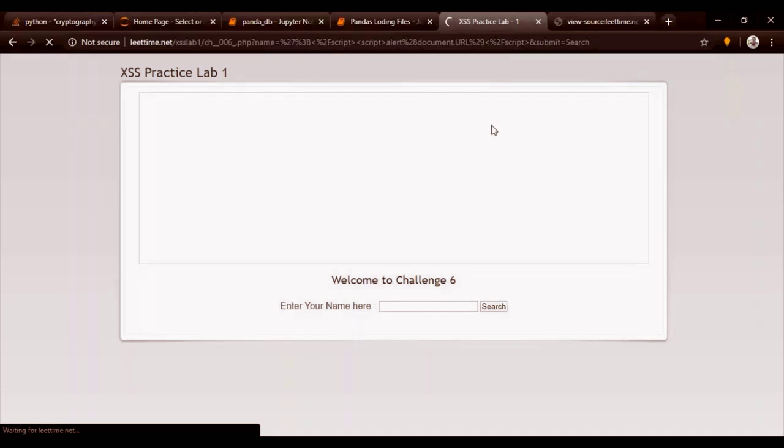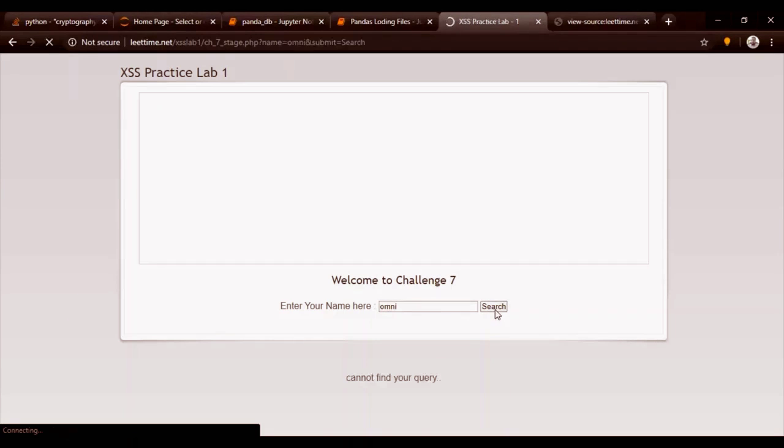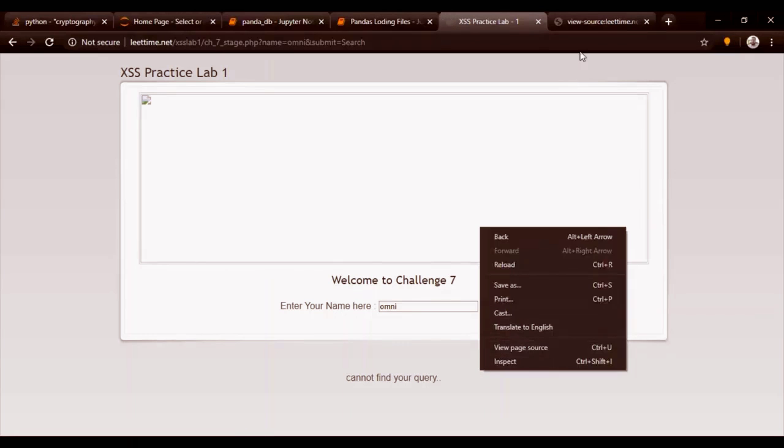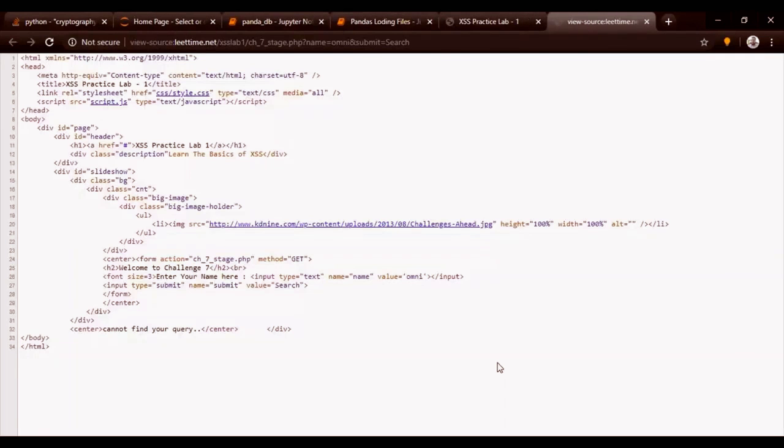So this works and we are now ready to move to the next round, which is challenge 7. Let's try it on this as well. Search. Okay, the page returned the results and the view page source. Let's view page source and search for Omni, search for